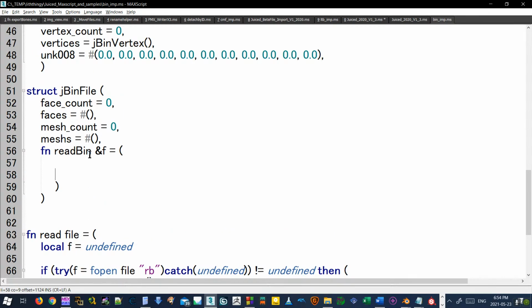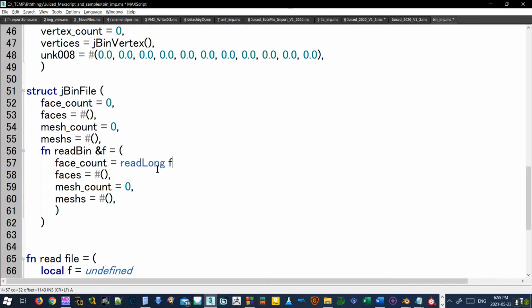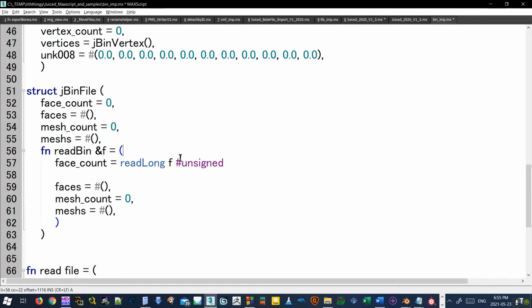All right, I'm gonna fill this out. So we're gonna fill this out here. Let's copy this here into here. Okay, so these are local inside of this thing. They don't leave outside of it. So basically we just make long f signed. And we have this. We need to declare